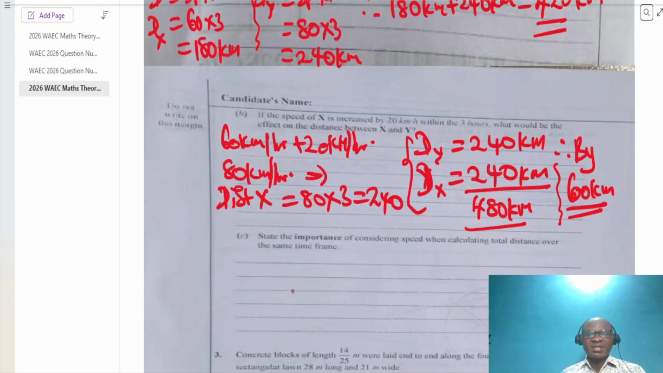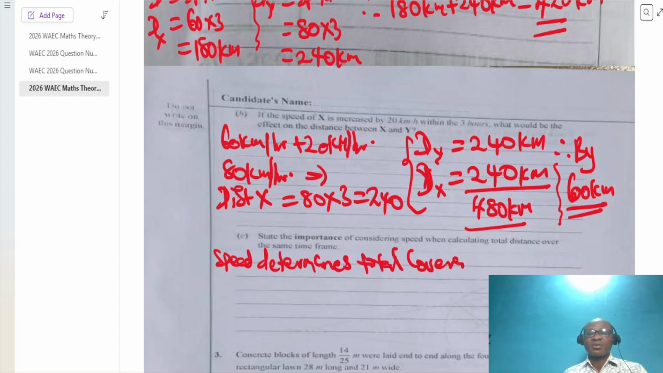Question C. State the importance of calculating speed when calculating total distance over the same time. Okay. Here, the speed determines the total coverage per time. We can write it like this. Speed determines total coverage per unit of time. What this means is that